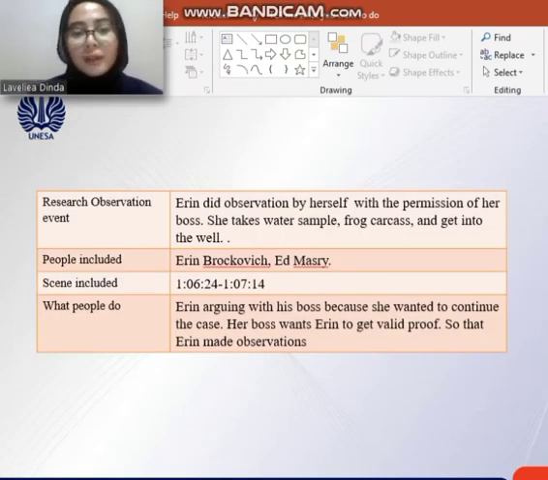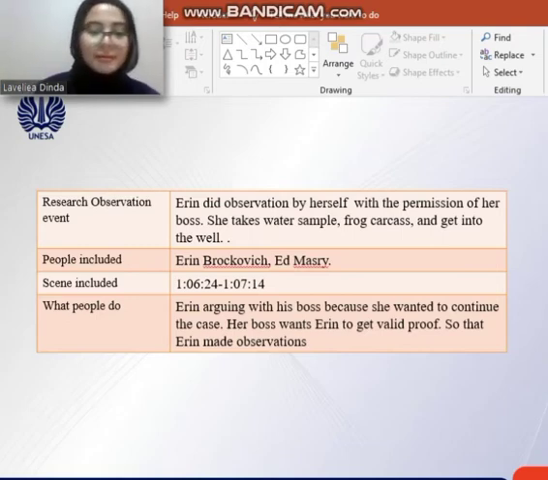the research observation event. She did the observation by herself by permission of her boss, and then she takes some water samples, brings charges, and gets into the well. People who are included there are Erin Brockovich and Agnes. And what people do, she's arguing with her boss, and then she finds valid evidence. Next,